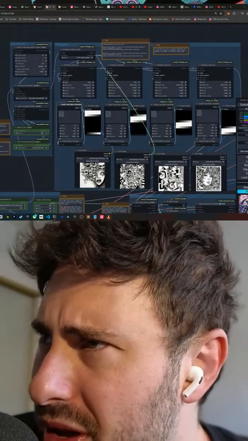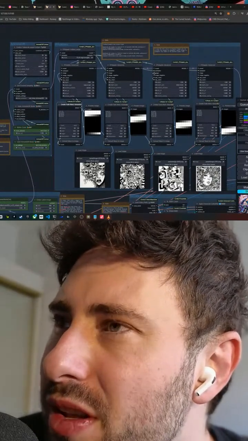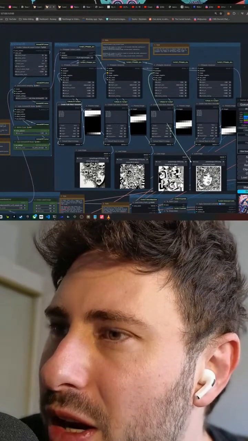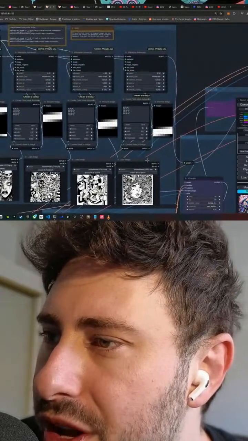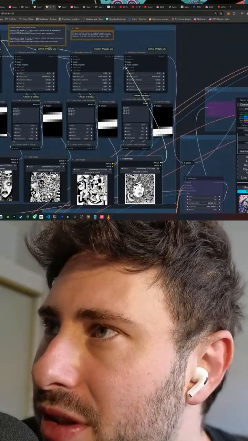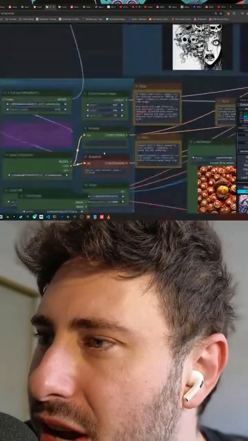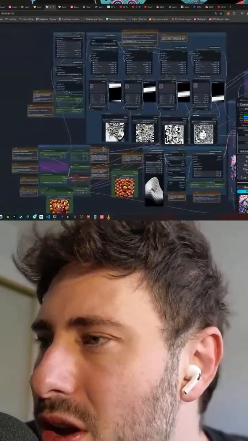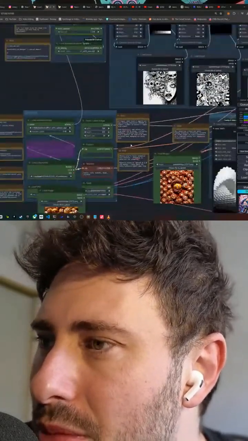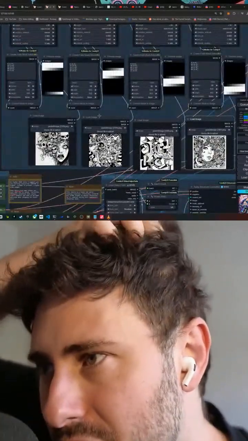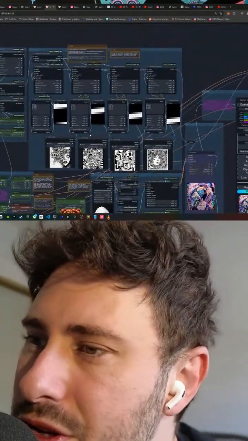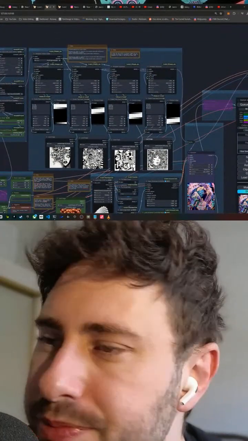And if you don't know what an IP adapter is, it's basically the part of the workflow in AnimateDiff that reads your images and makes prompts out of them, essentially. It's your alternative to prompting with text. If you don't want to prompt with text, well, you still can. You can do both if you want. But if you just want to use images, that's where the IP adapter comes into the workflow, into the mix.